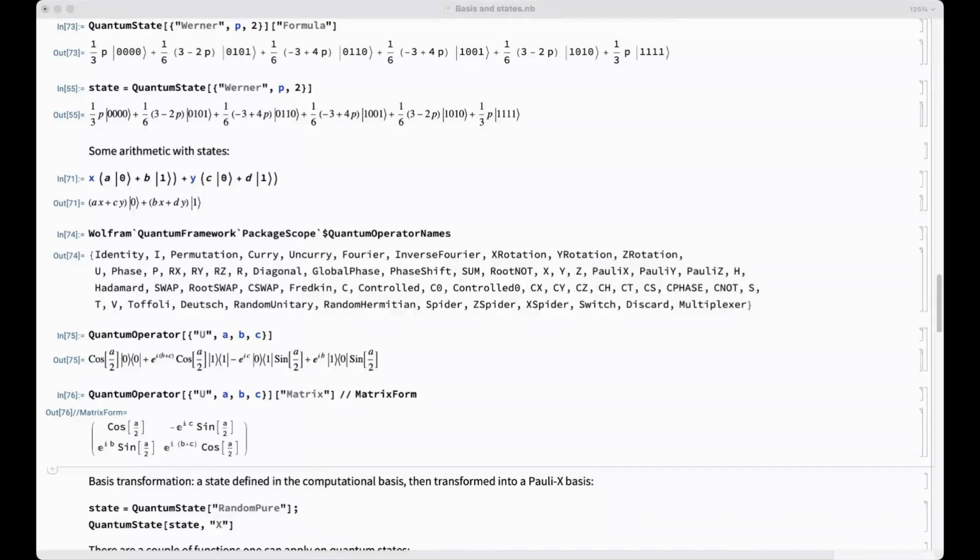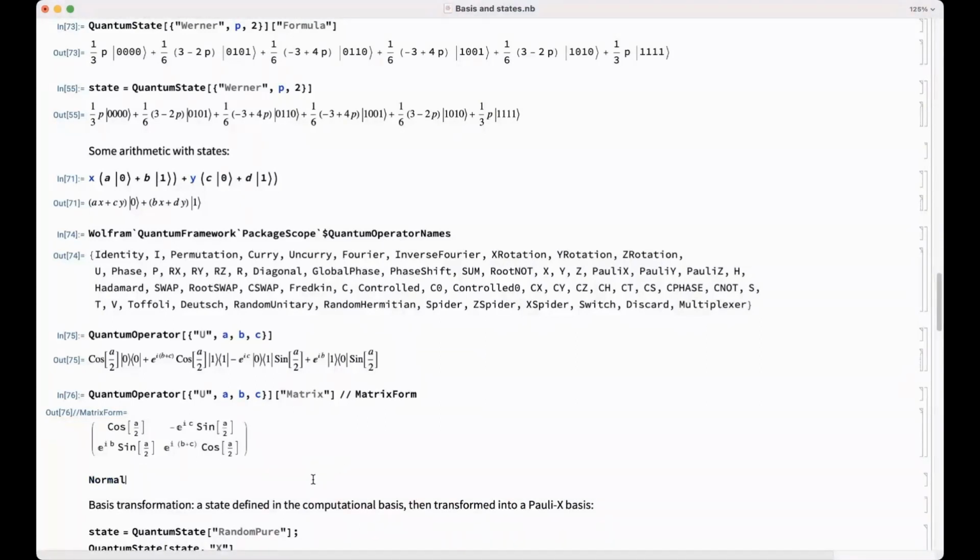The question is, when I apply Normal, it is not a quantum function. Normal is a general Wolfram Language function that converts different kinds of objects to some normal representation. It's like if you have, for example,